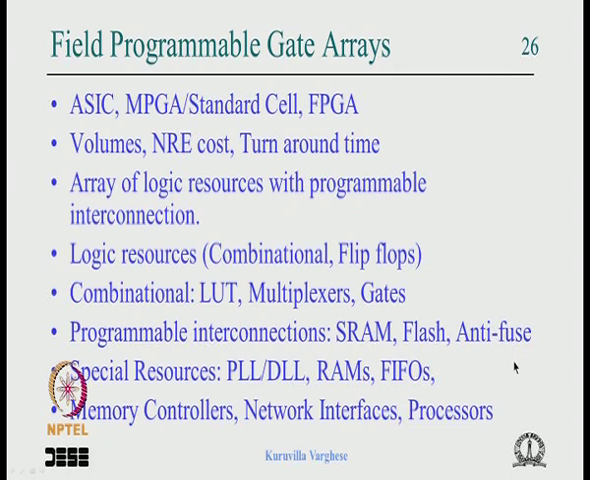You know that the fuse you normally pass a current to blow it, but the anti-fuse is something which doesn't have a connection. By applying a voltage you make a connection, okay. So that is called anti-fuse. And FPGAs have special resources like PLL, which is phase lock loop, and DLL, delay lock loop, which is not used